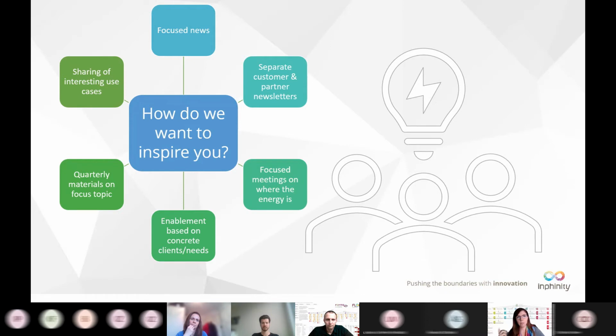And we had one newsletter up until now, and we're going to split that so we can have separate content, because obviously the customer is different and interested in something different than you are. So we're going to split that as well. And another thing, we're going to try to minimize the meetings that aren't about a specific use case. So if there's energy, in the sense of business energy, innovation energy, this is where we want to have the meetings and discuss and support. So the value is a little bit clearer than maybe it was sometimes in the past.